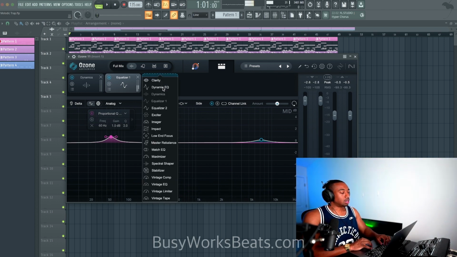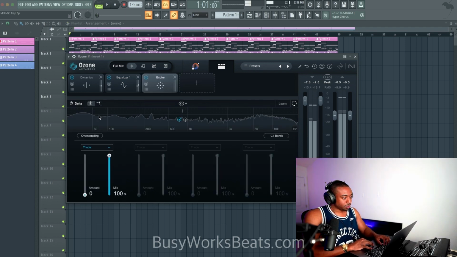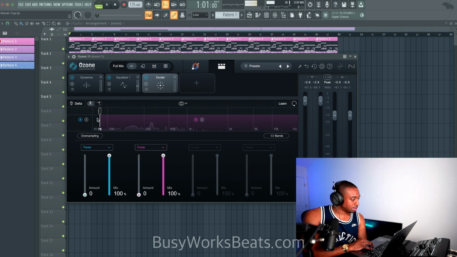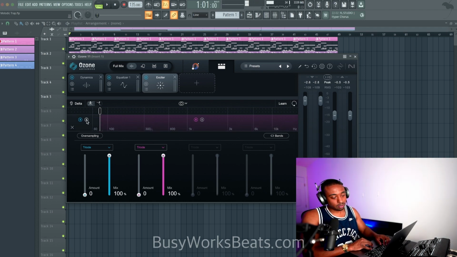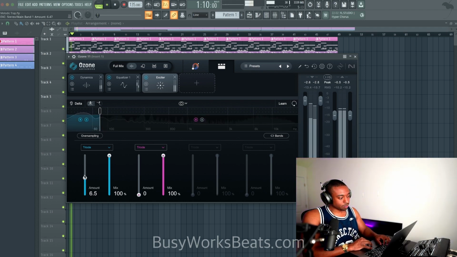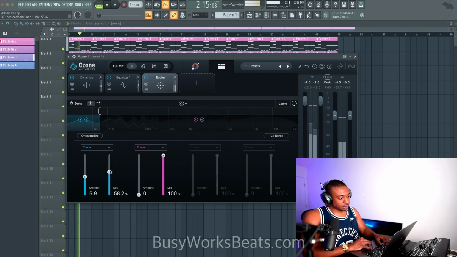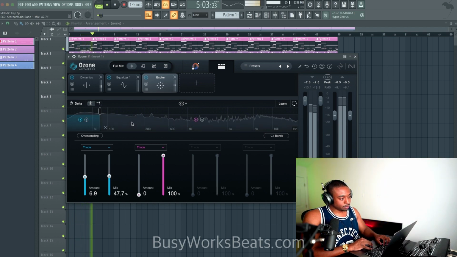So nextly, we can move into an exciter to add more harmonics to this track. I usually excite the lows. Let's find the more smooth lows, like below 80 in this case, and let's saturate them until we have a different shape. Basically, you hear that. Okay, so I like that tone, so let's pull it back. Now the low end is more filled out.